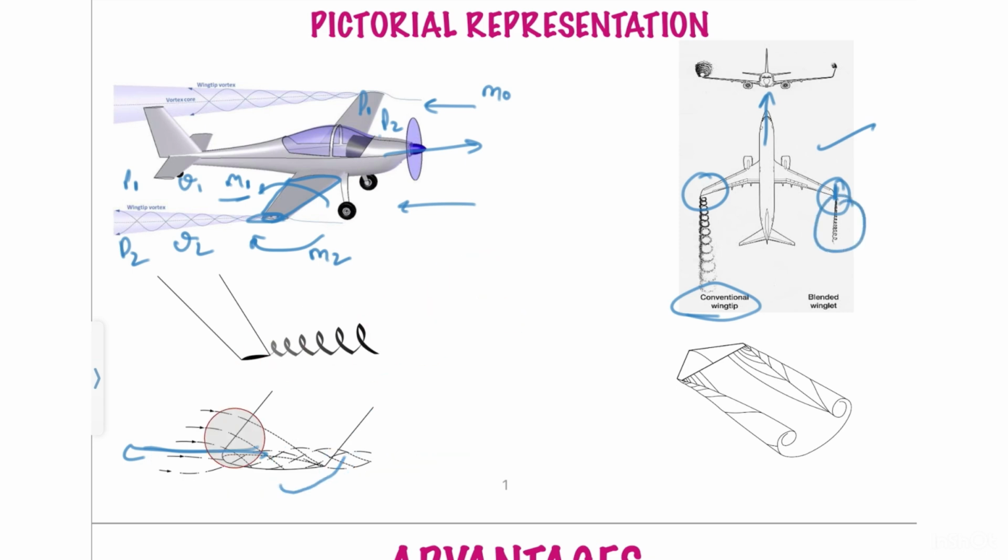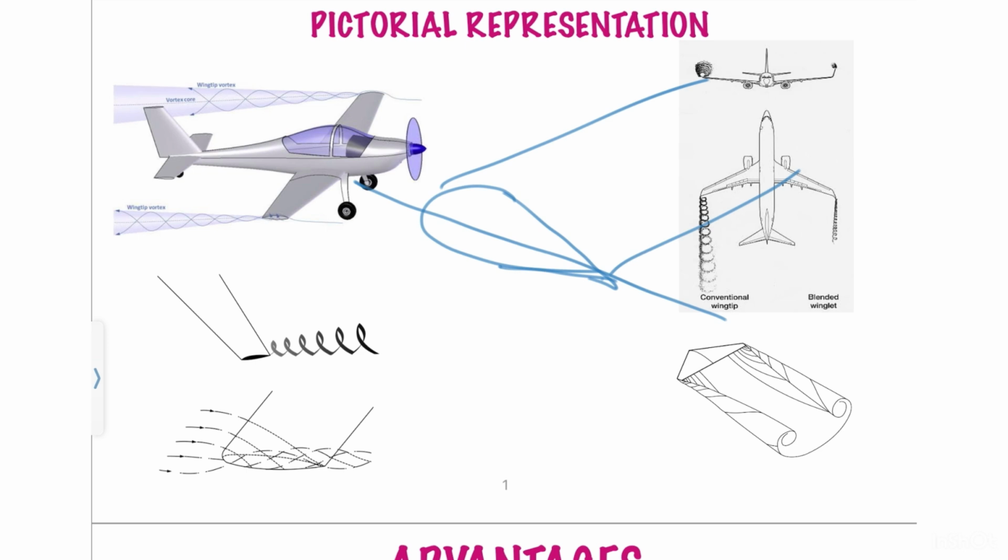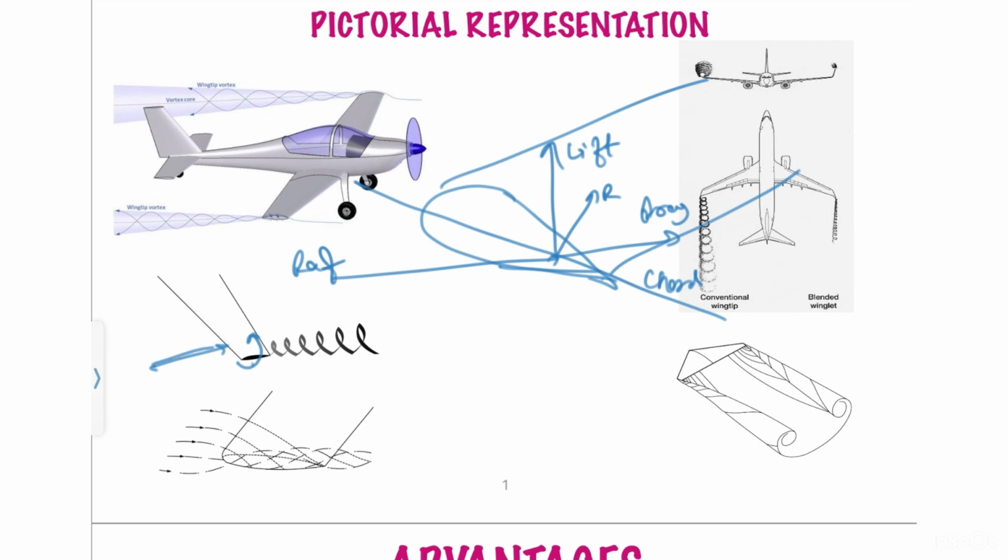Now coming to the part of how the drag is reduced. If you have a basic understanding of a cambered airfoil, so this is an airfoil. Let's say this is a wing, this is the chord, and this is the relative airflow, the airflow which is hitting the wing. We all know that the lift generated is in the perpendicular direction of the relative airflow, and this is the drag in the parallel direction, or in the direction of the airflow, and this is the resultant. So when the air is leaking from bottom to the top, and the air is coming from here,